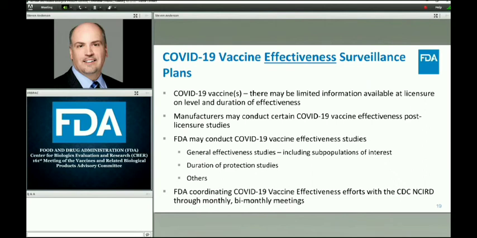They're doing the pharmacovigilance plan for safety. They'll also be making proposals for studies that they might conduct for vaccine effectiveness post-licensure studies. But FDA may conduct studies too, along with CDC, on vaccine effectiveness. So we're talking as well along the lines of what CDC is, general effectiveness studies,